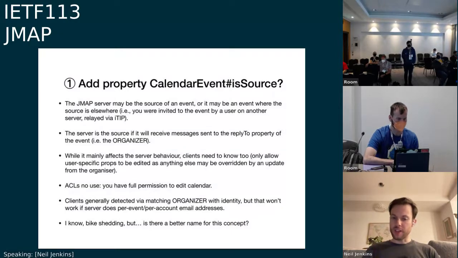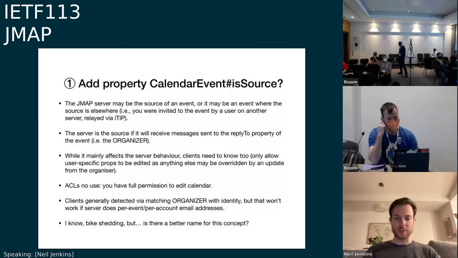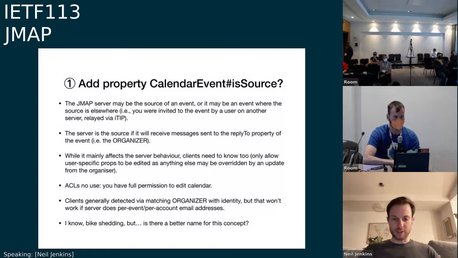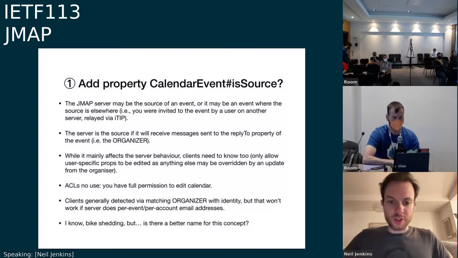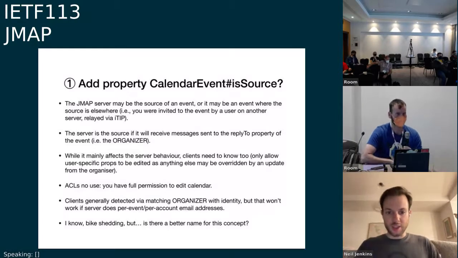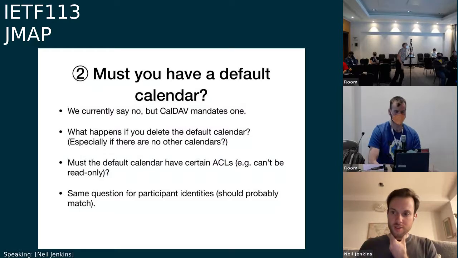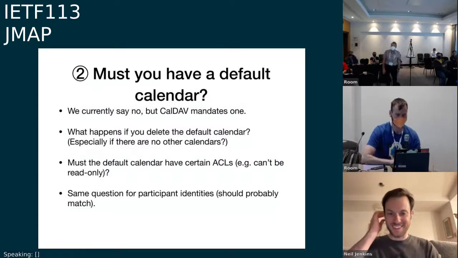I've suddenly thought, I wonder if something like is remote event is switched around the thing rather than is controller. I don't know. Maybe people can think about it and email the list if they have other thoughts. But yeah, it looks like source is not the best term to describe this, so we should come up with something better because it turns out to be a reasonably important concept that's referenced a few times in the spec for different behavioral things you need to do. I'm hearing bike shed on the mailing list here. Yeah, that seems fair. Okay, let's move on. Call the property aquamarine and everyone will... Okay.